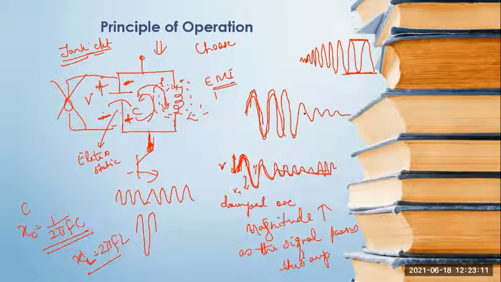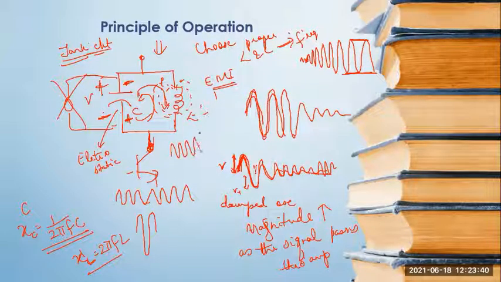So we said damped sine waves are generated by a simple LC circuit. So choose proper L and C to decide the frequency of oscillations. What should be the output frequency? And remember to constantly supply this trigger voltage or current to the tank circuit so that the oscillations do not get damped, but you will get stable fixed amplitude oscillations. If you want stable oscillations with fixed amplitude, you have to keep supplying some voltage or current, which is normally done through the feedback mechanism.